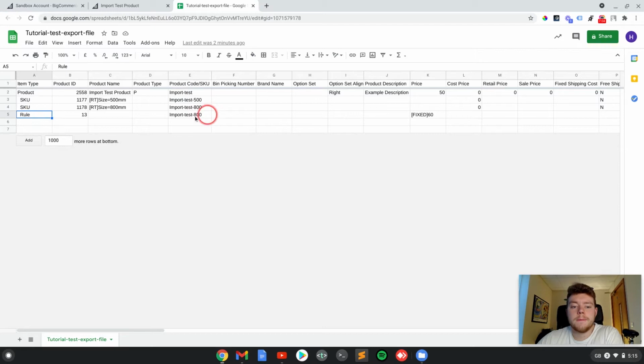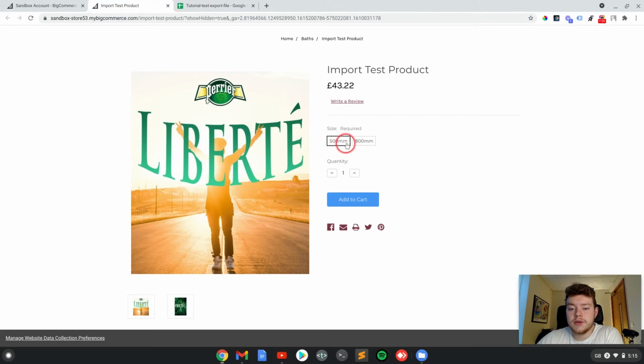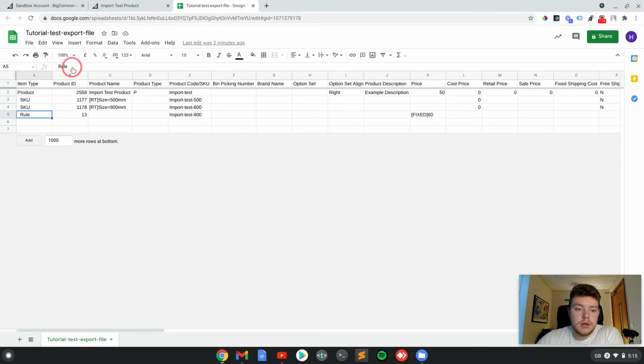And this rule here is actually only for the 800, because this 500 here is priced at the default price for the product. So the product here, the price is 50, I think it's 50 euros. So this first variant here, because we marked it as the default in the product, it reads off this base price here. Now the second one isn't the default, so it reads off the second price, which would be in